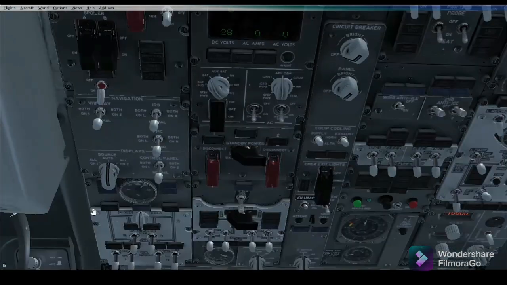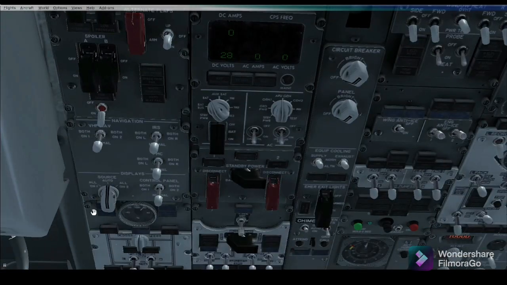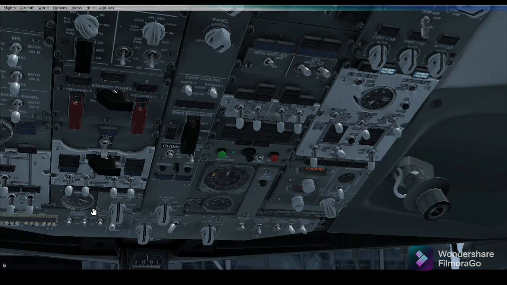At your left-hand side there is the navigation panel. This panel is used to control the active navigation device in the event of failure. This is the standby power and generator bus panel section.